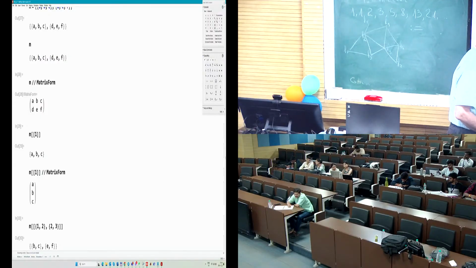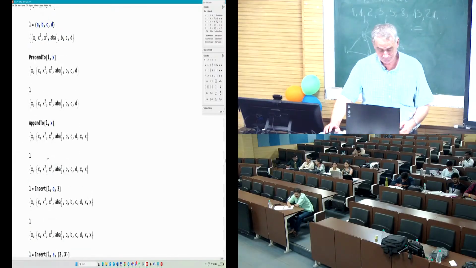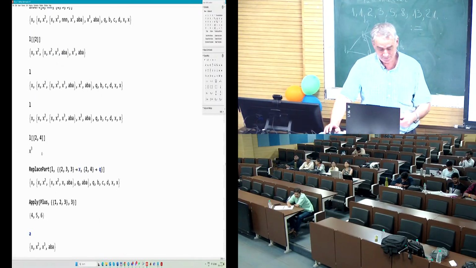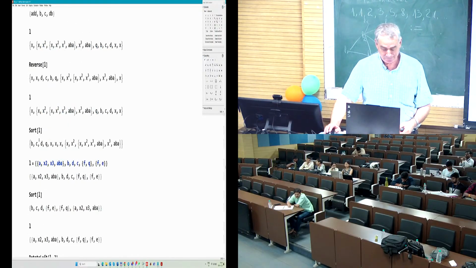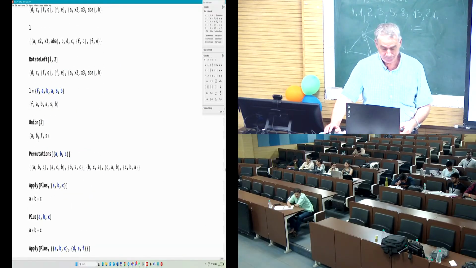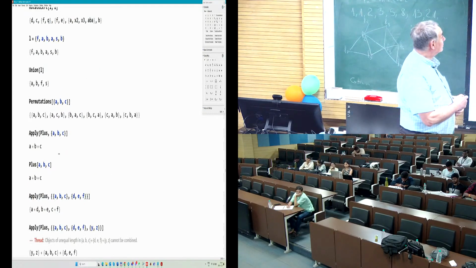In first row from first to second. Sort function. Rotate left and right. Apply function is